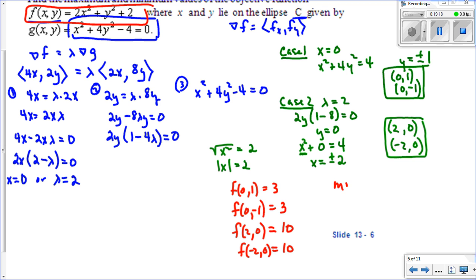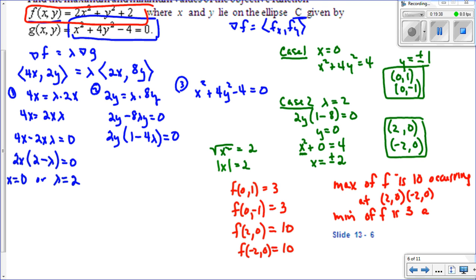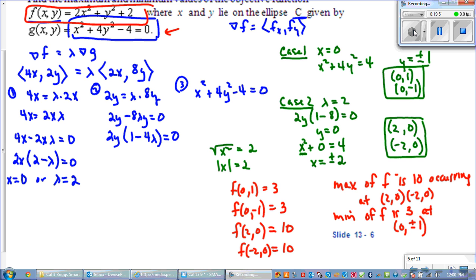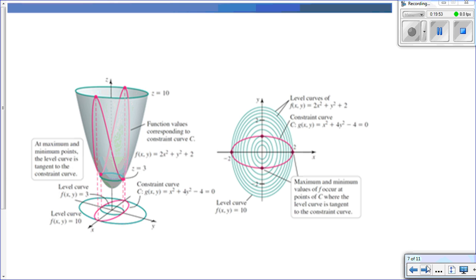So the maximum of f is 10, occurring at the points (2, 0) and (negative 2, 0). And the minimum value of f is 3 at (0, plus or minus 1). Any other point that's on that constraint, anything else on this ellipse, will have a value somewhere between 3 and 10. So graphically,